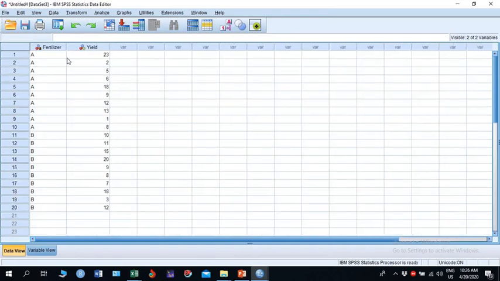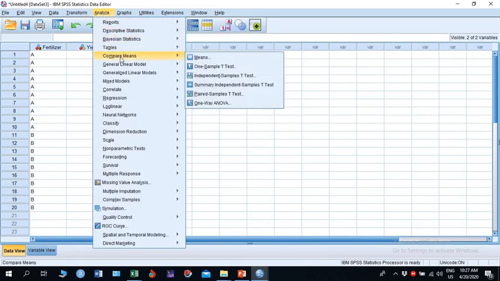For the independent t-test, for the comparison of two groups, here two fertilizers are being compared. The labels of groups will be written in the first column, and the data will be written in the second column, because the yield, the data, is the dependent variable, and the factor, that is fertilizer, is the independent variable in applying the two sample independent t-test. Then go towards Analyze,